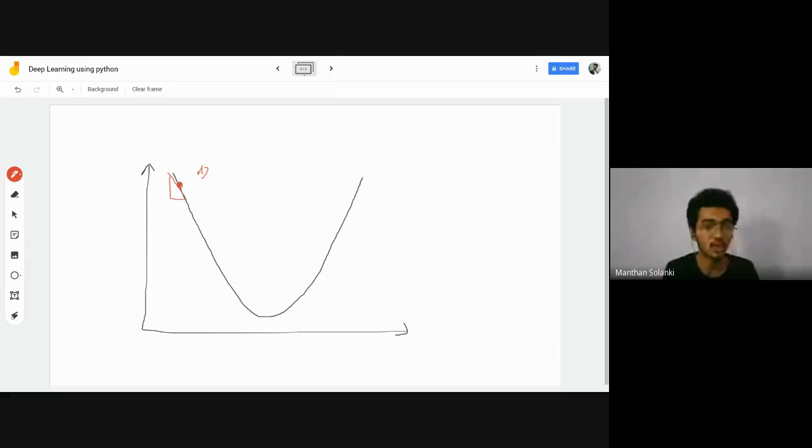So I will update this parameter for every iteration, and then I will get a lower loss compared to the previous one, and after three or more iterations I will reach the global minimum value. So this is my convergence point, where we have the minimum value for this particular loss function. After that we will not get any value lower than this one. So this is how gradient descent works.